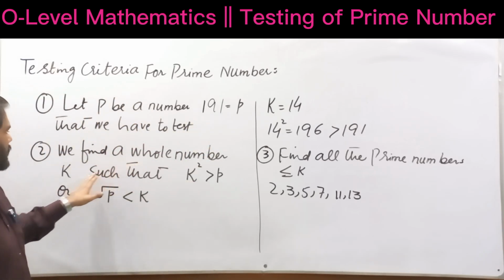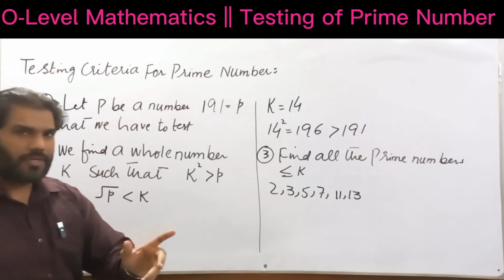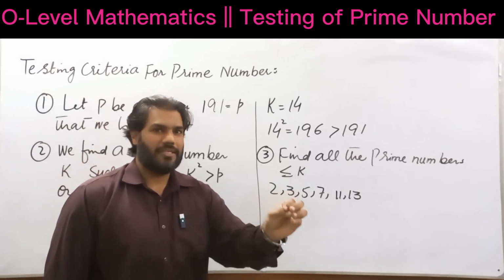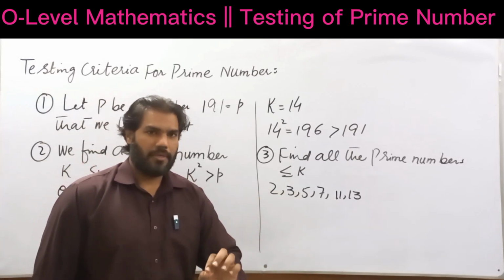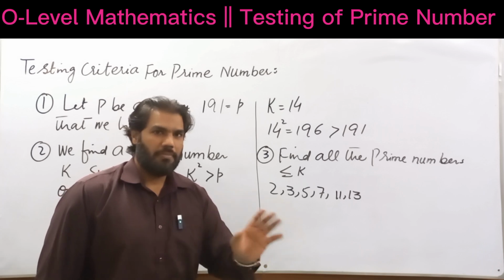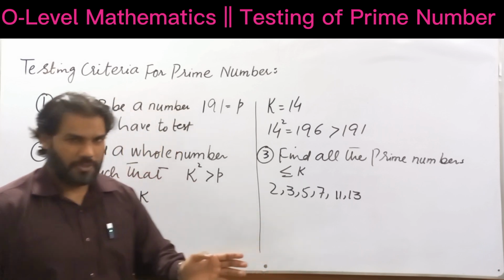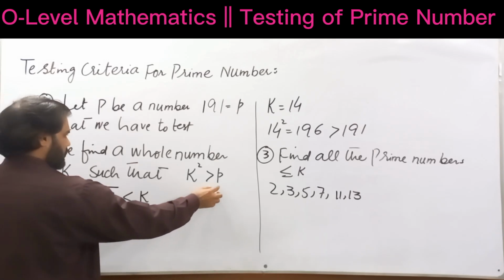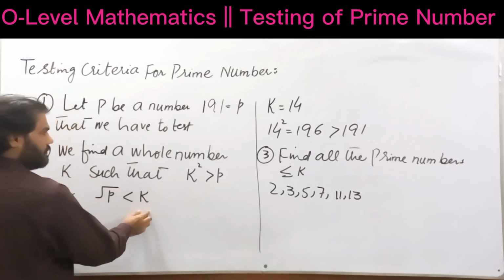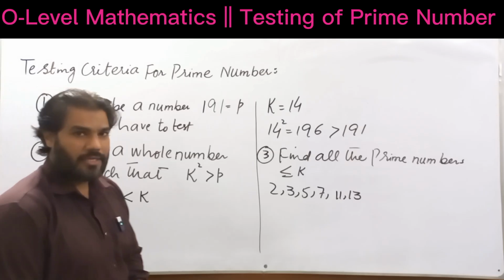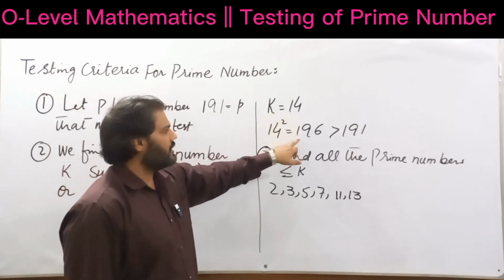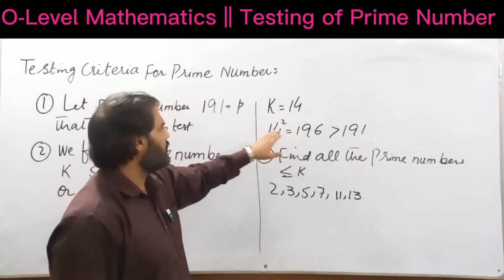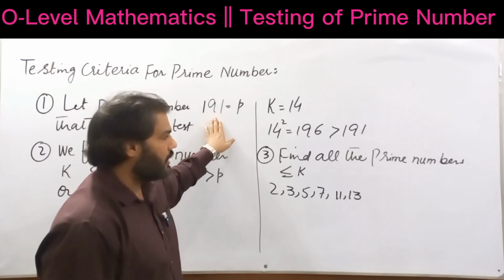We find a whole number k such that its square is greater than P, a number that is nearly close to P but its square will be greater than P. Or in other words, we can say that square root of P is less than k. We know that the number k, that is 14, whose square is 196, is nearly close to 191 and greater than